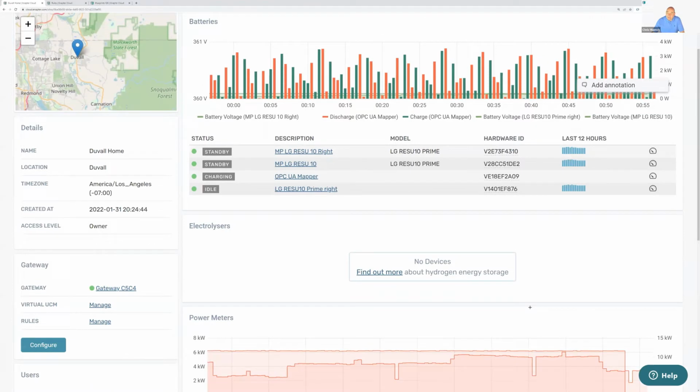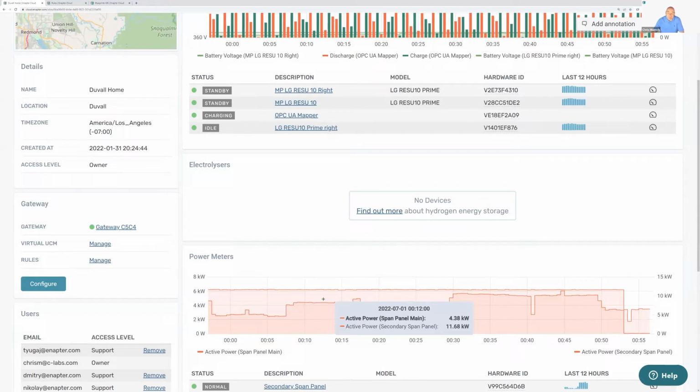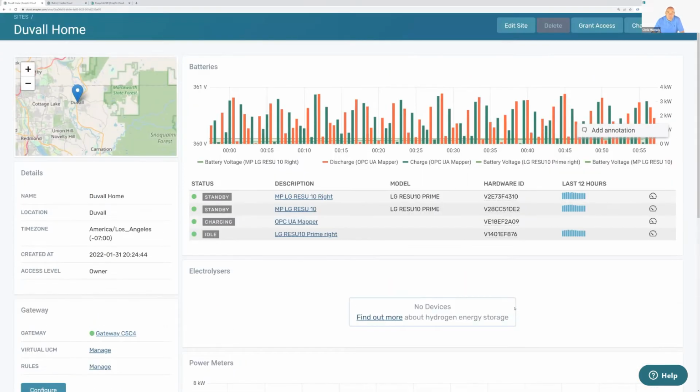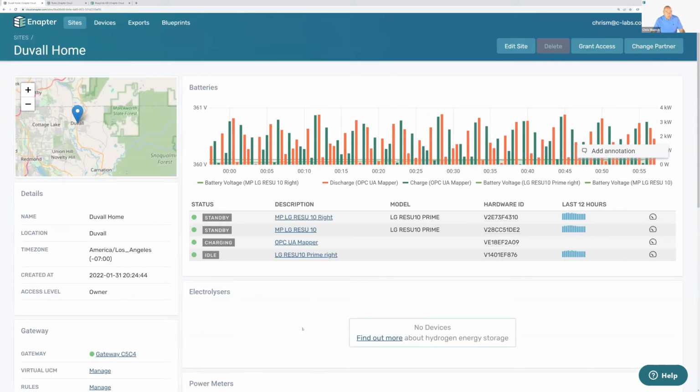And I also have power meters running. These are SPAN panels. If you haven't heard about SPAN, that's a smart panel replacing the breaker panels in your house. And I can measure for each and every breaker in my house how much power is going through that, which is very interesting in combination with the batteries. In case of a power outage, I can optimize my house consumption of all my breakers according to my battery status. So this is a live view of the cloud,